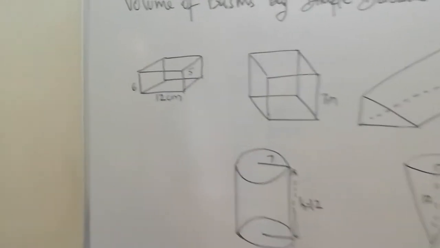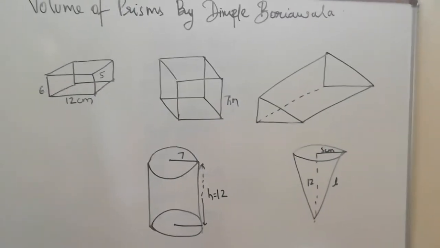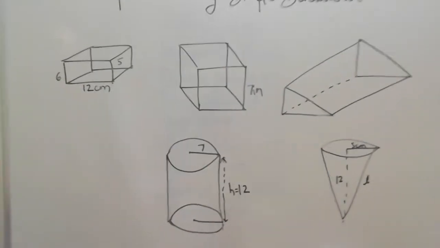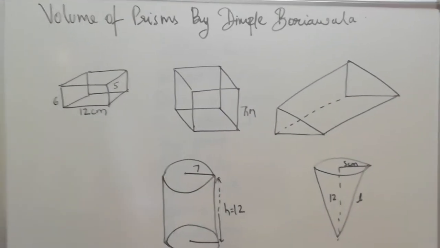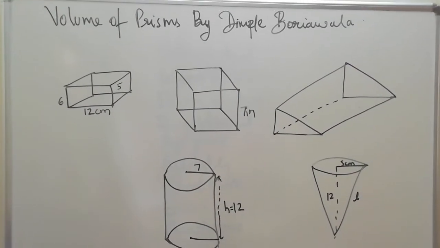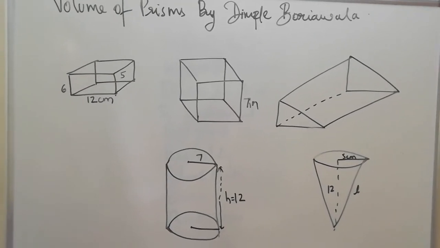Now this will be a brief summary of the chapter so that things become simpler. Okay. So for example, you all should very well know what prisms are. Prisms are those shapes through which light can easily pass. Basically, those are all 3D shapes, right? Prisms are all 3D shapes, and those shapes are called prisms through which light can easily pass.